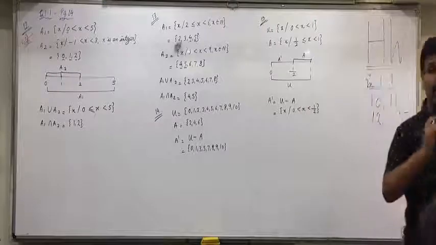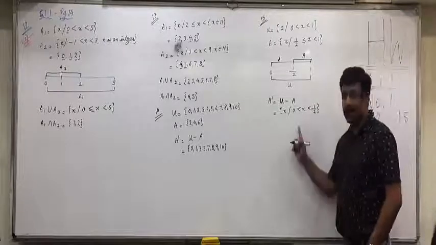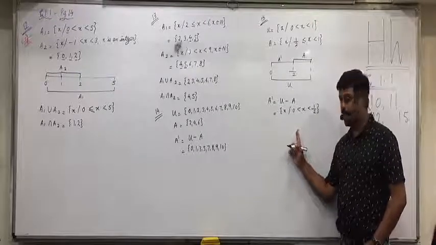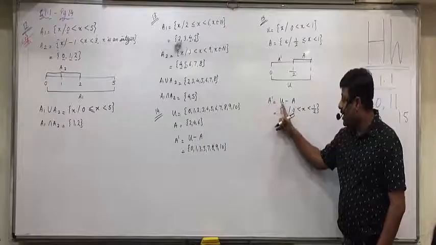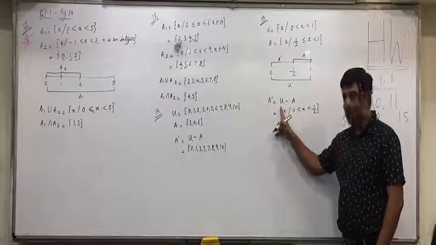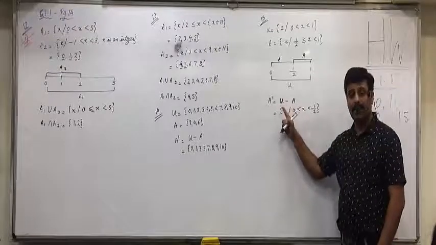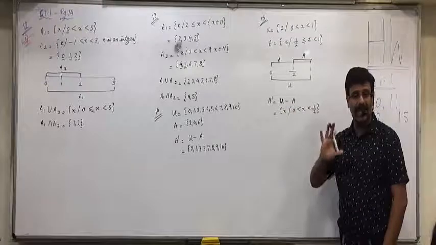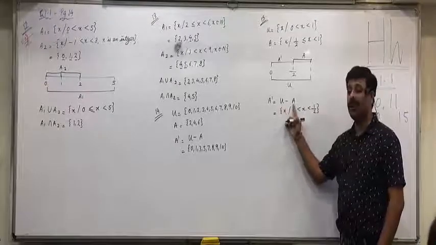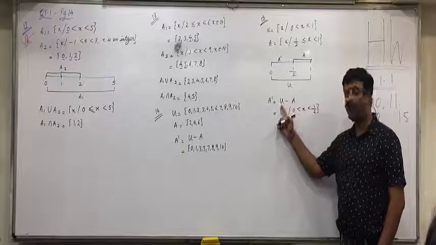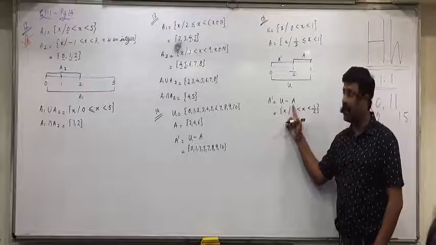Now the question is, should the equal to sign be written or not? Understand this? Who else is writing up till here? Now, when will we include in A complement? When it is there in the sample space but not in A. It should be there in the sample space. If it is not there in the sample space itself, it cannot be included. Once again, it should be there in the sample space, but it should not be in A.